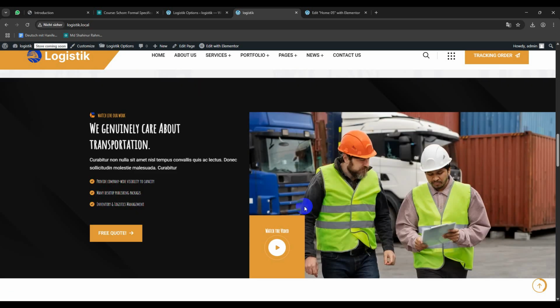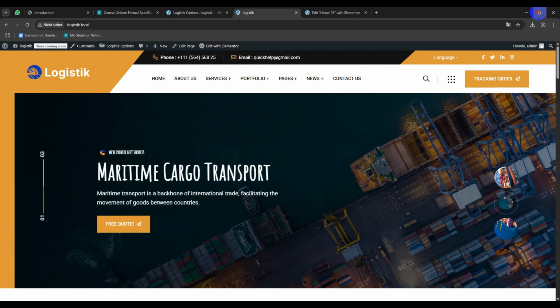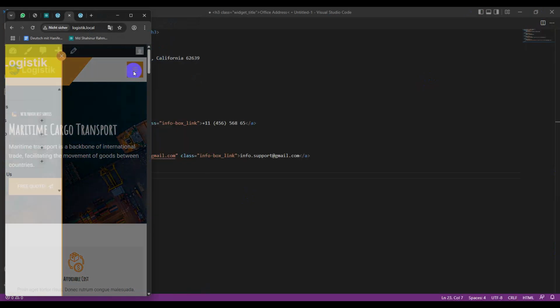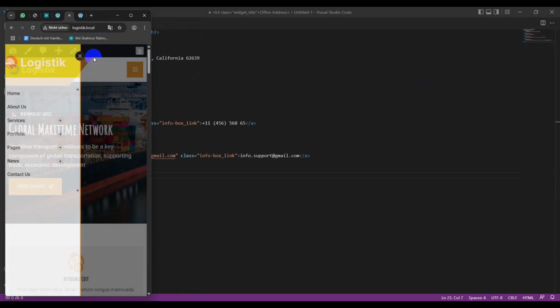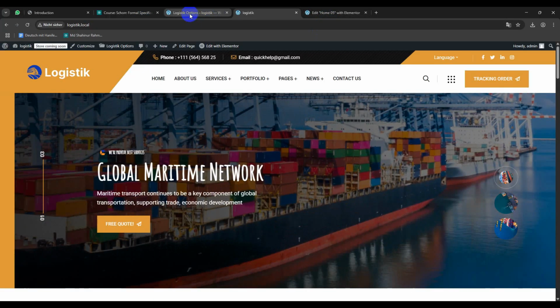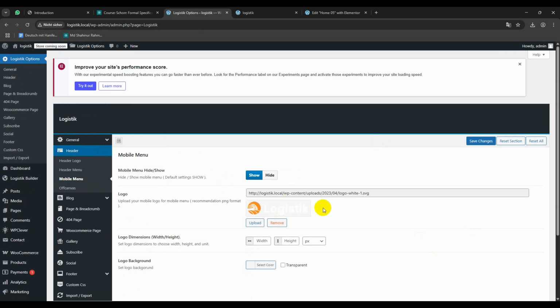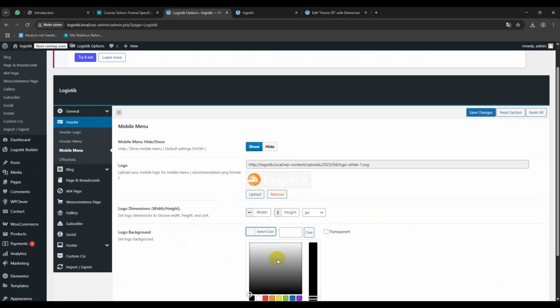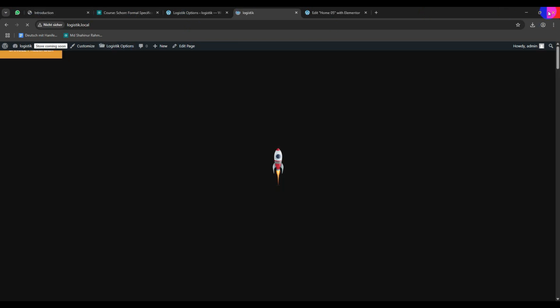Now the last part: when you go to responsive, you can see here this is the logo. This logo is not good. How do we fix it? You need a better logo. So go here to header, mobile logo. Here is the mobile logo. So logo background: if you want to, for example, choose black, save, then reload the page and you can see